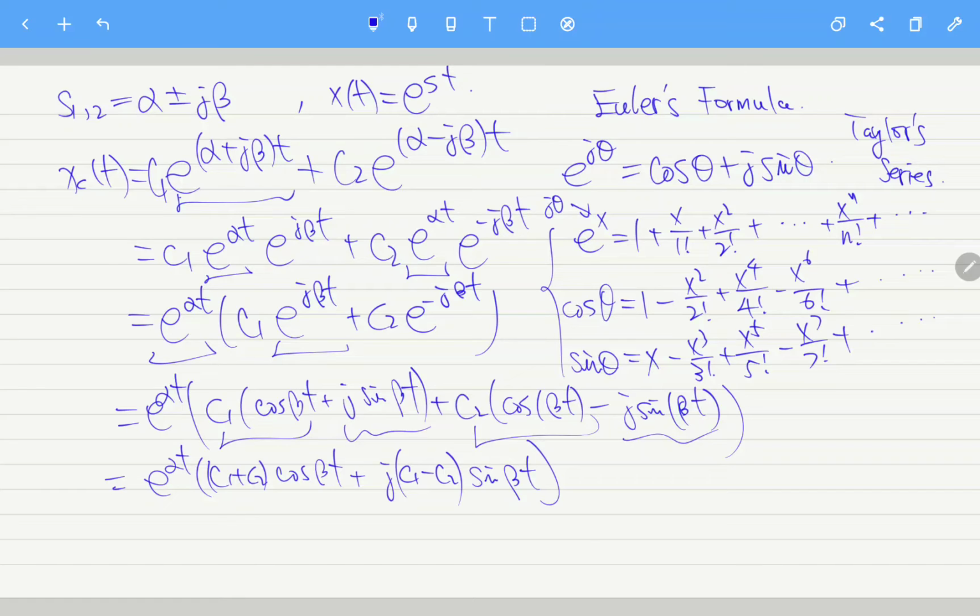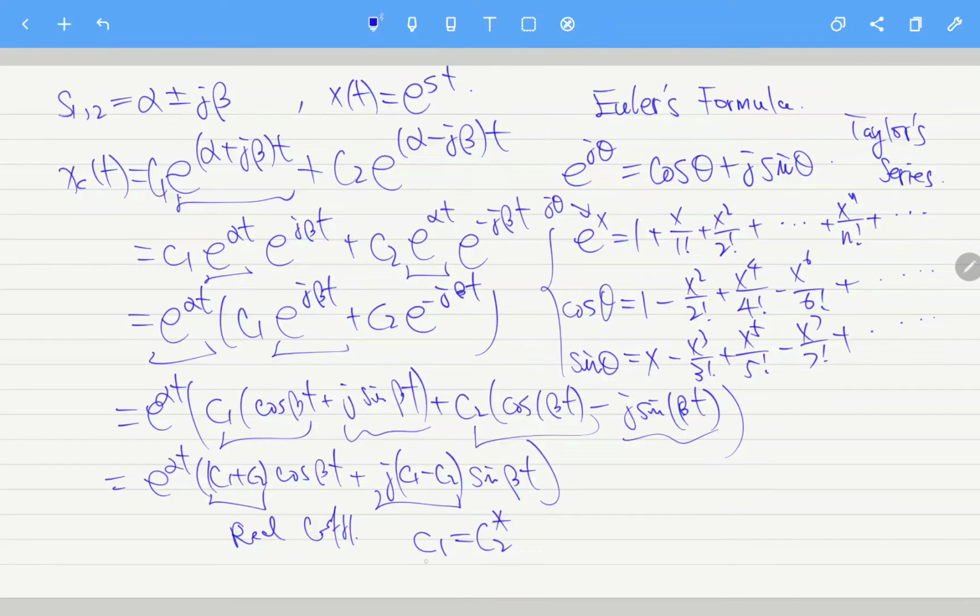And actually, the original differential equation is a real equation, so we would expect this one and this one are real coefficients,